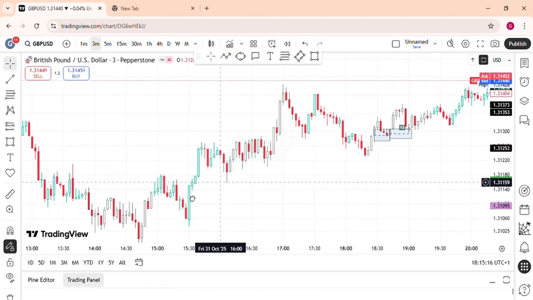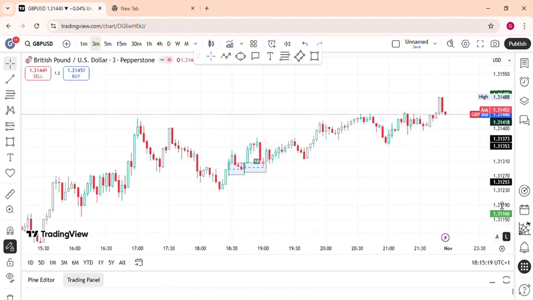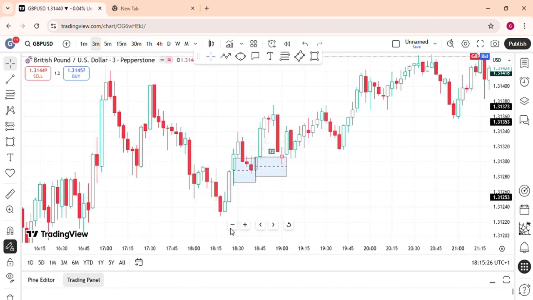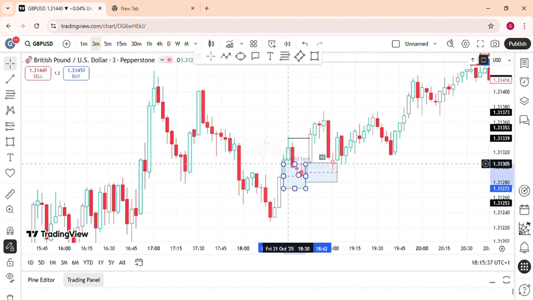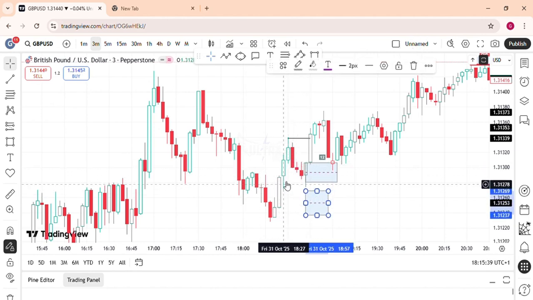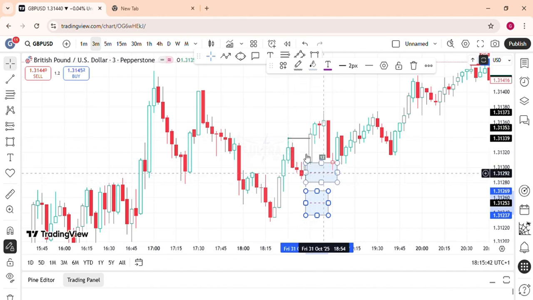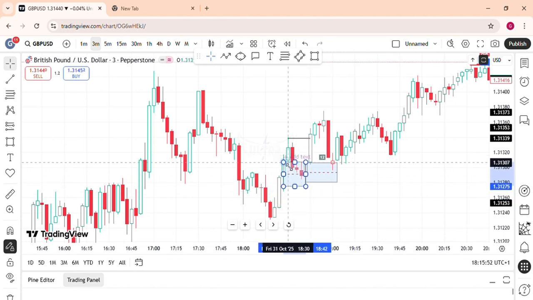The last but not the least is our trade number 12, and you can see a break of market structure here. This is our break of market structure, like so. After price comes to tap into this fair value gap here, we have a tap into this fair value gap and a break of market structure. Prior to that, we have a newly formed fair value gap, and we can as well use this order block for our entry. So using this order block would give us a higher risk to reward ratio.